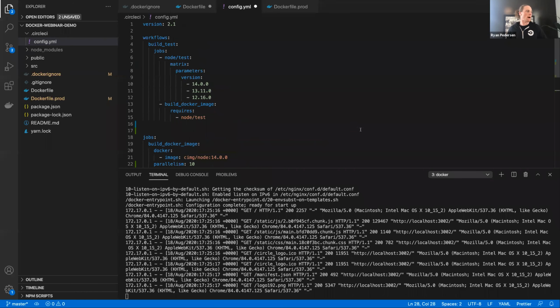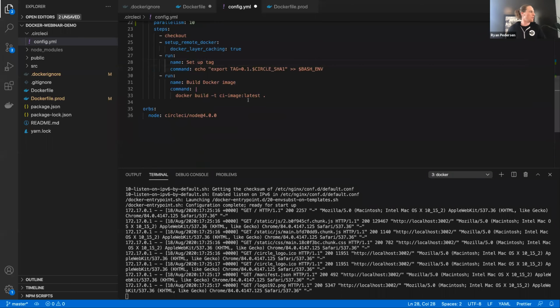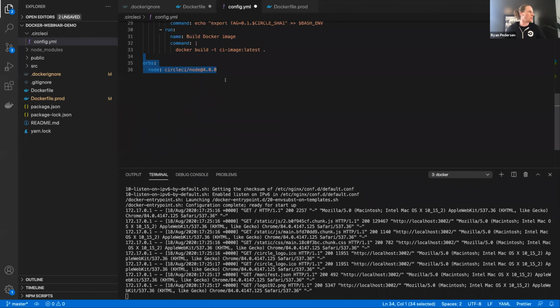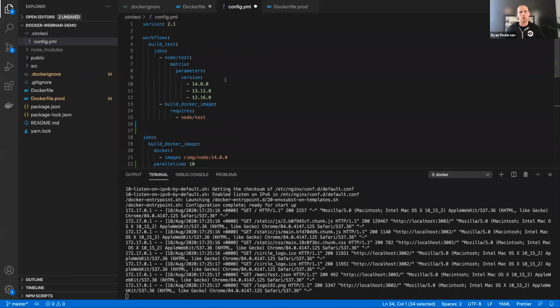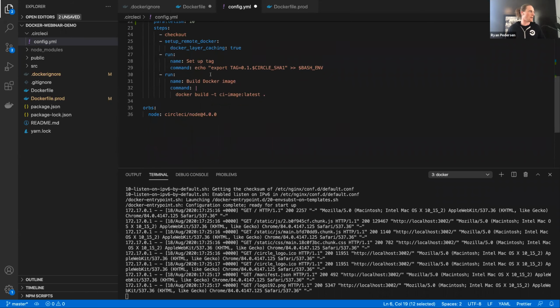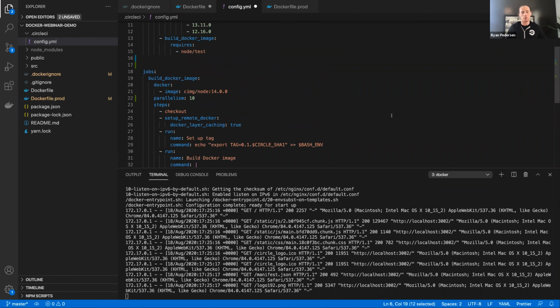And I want to cover some optimization features also here. In this workflow, I'm using a concept called orbs, which are really just reusable configuration as code. You can condense an entire job or executor command, a full job, into a single or a few lines of code with different parameters. So you might see that this job, as far as node testing, isn't defined down in the job section. That's because the orb is a full job. There's also a really good one for